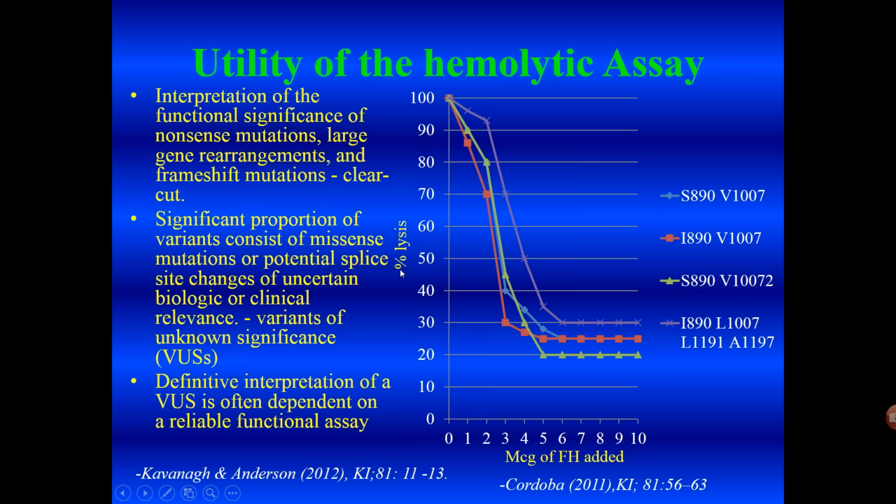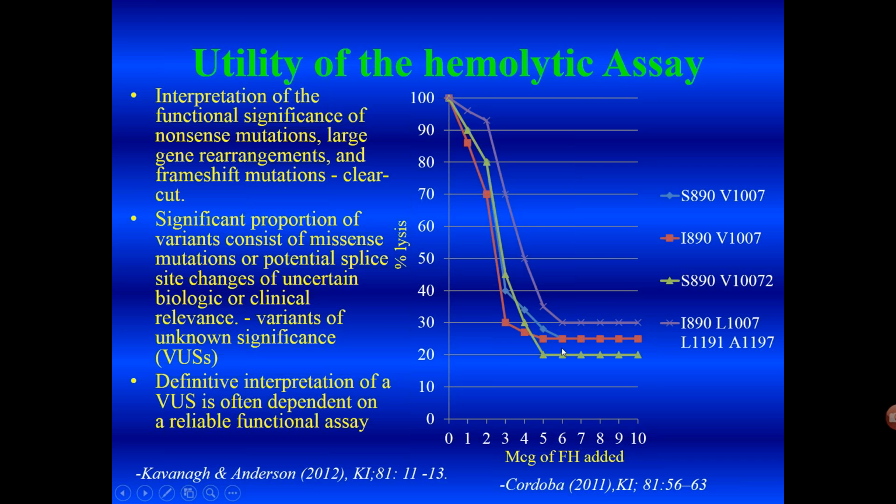And what is the value of the RBC lysis assay? This is data from a Spanish study which picked up 2 single nucleotide polymorphisms and wanted to know whether they were any different in their clinical significance from the wild type, in which there was no polymorphism. When they looked at the lysis produced by a control serum known to have lytic activity and thrombotic microangiopathy, and added the test serums,